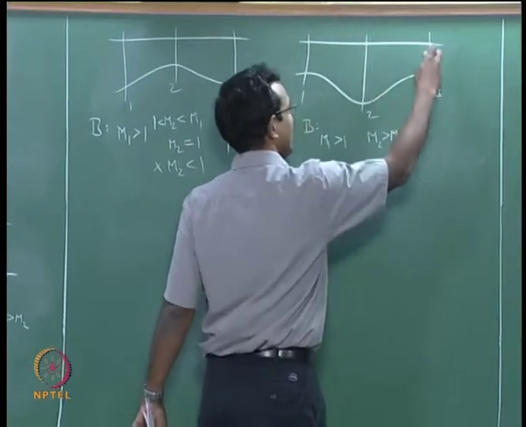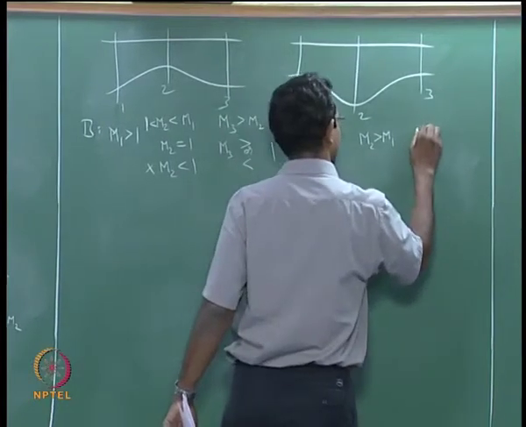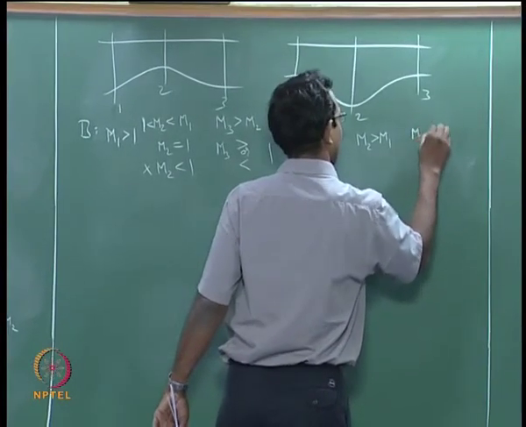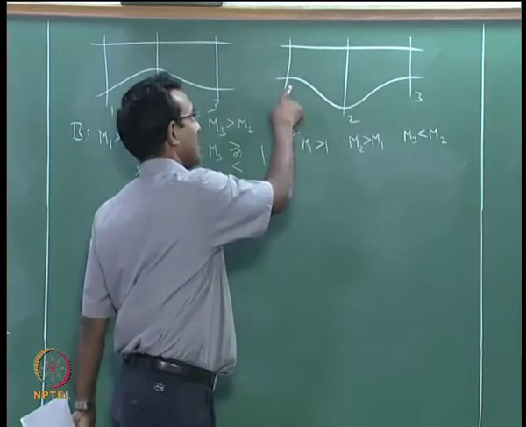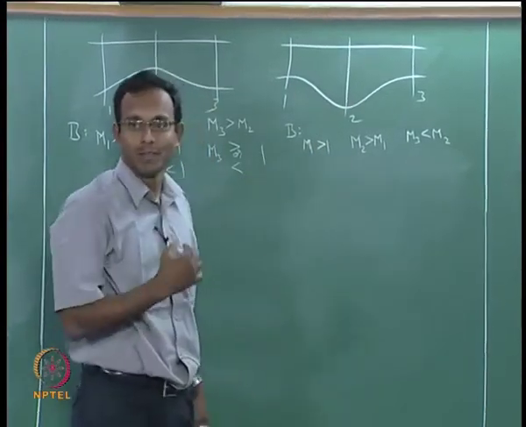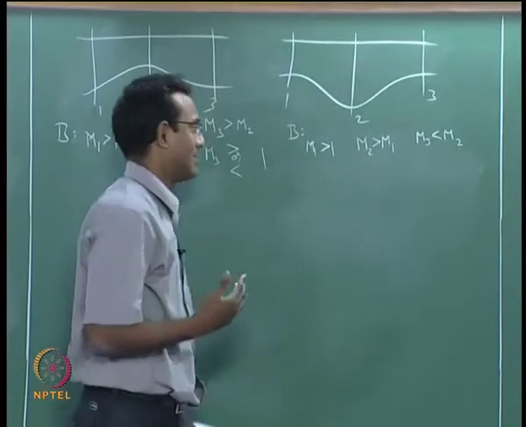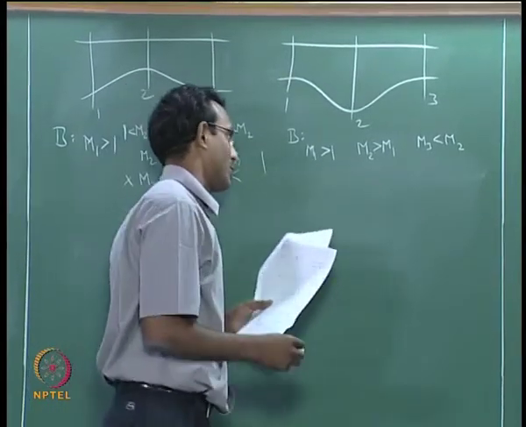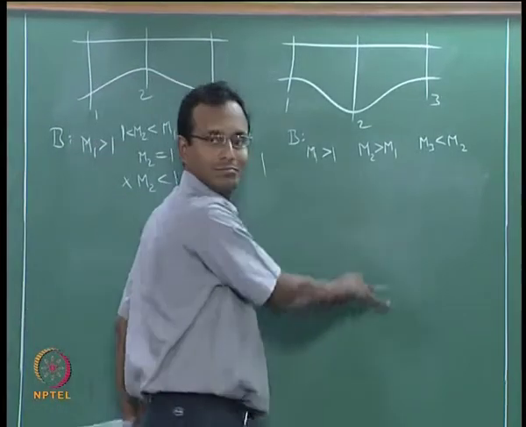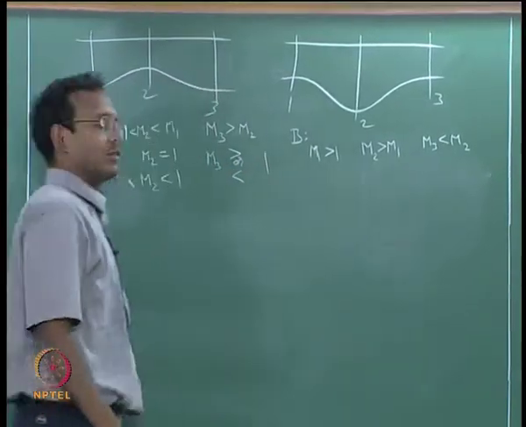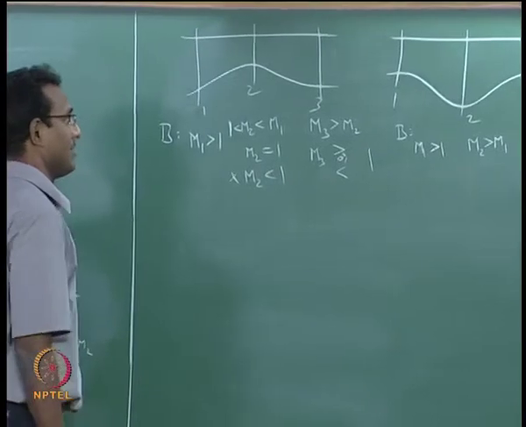And it is converging now, going to go the reverse direction, M3 less than M2. We will not worry about what is happening from 1 to 3, we will not compare M1 and M3 as of now, this is not a serious problem that way, we will not worry about it. Any other possibilities here? No other possibilities exist.